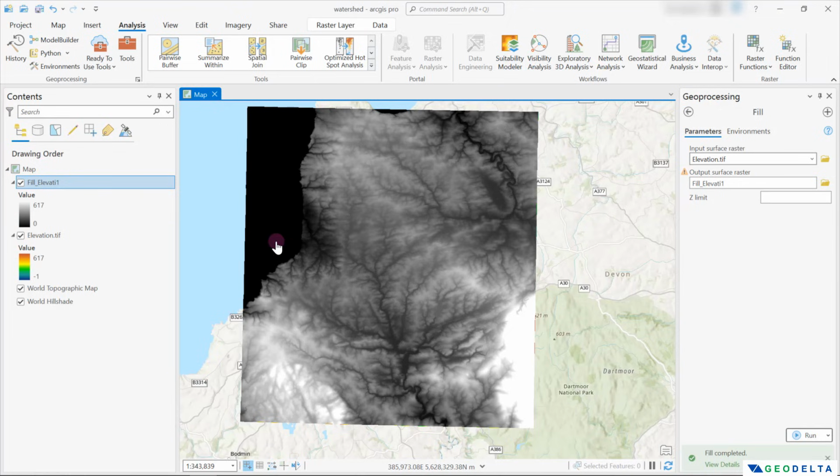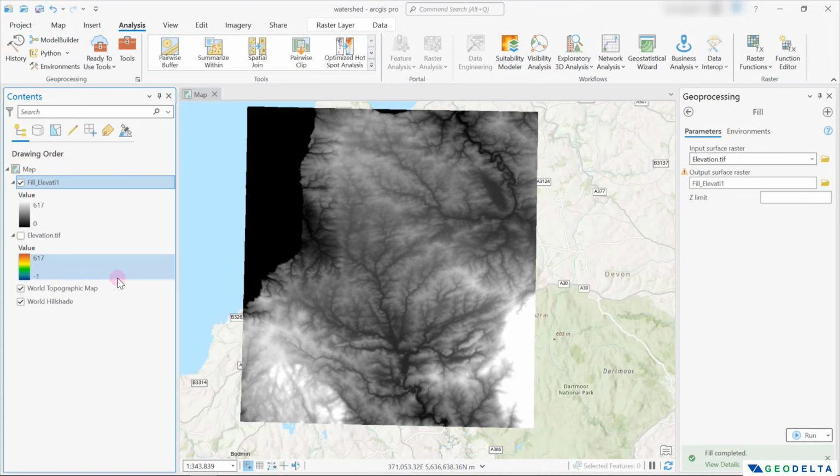And if there happen to be any imperfections across this entire DEM corresponding to any other elevations, this filling process should have taken care of those imperfections, and as a result of that, we have this filled DEM that we can work with. So what I'm going to do is I'm just going to deactivate this original raw elevation DEM